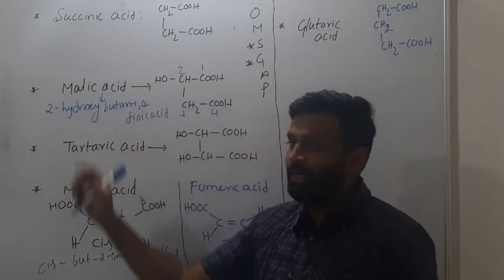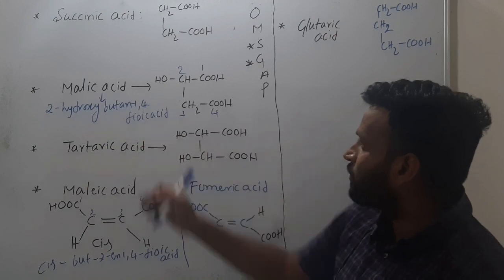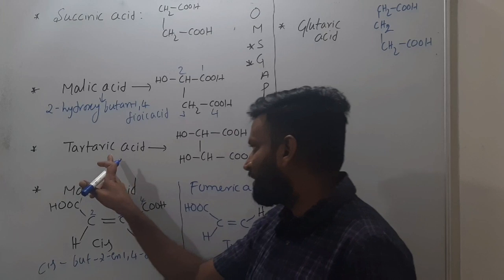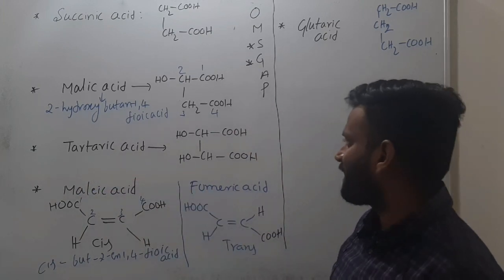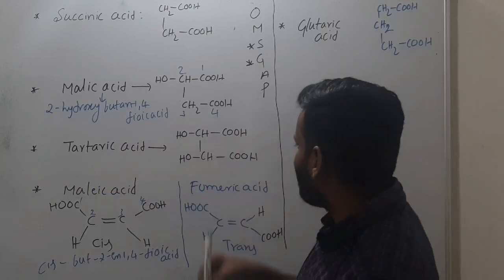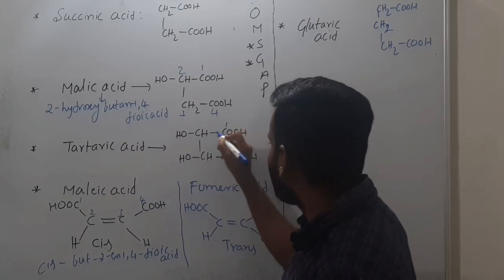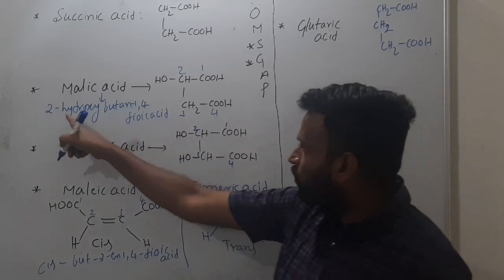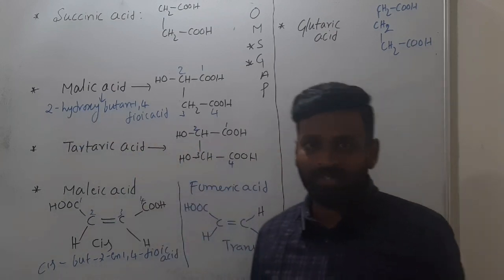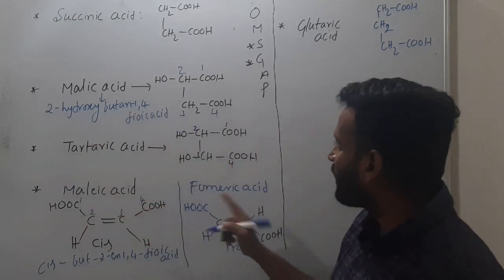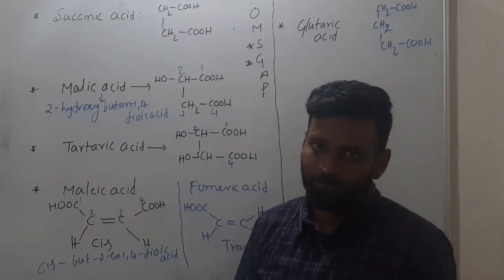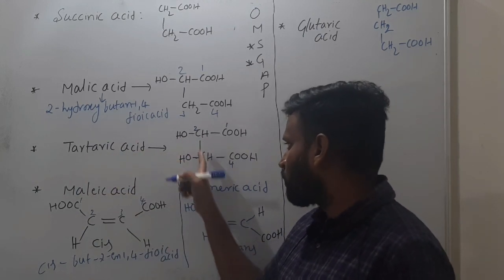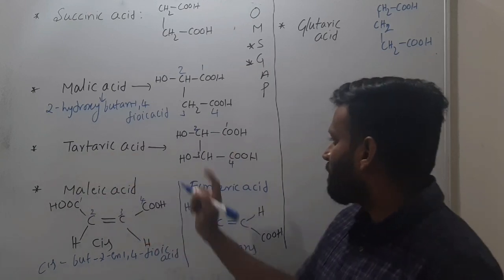So this OH will be hydroxy here. So 2-hydroxy butane 1,4 dioic acid. This is called malic acid, and here even tartaric acid, if they ask the IUPAC name, and we have no need to worry about that, same story, and 1 and 2 and 3 and 4. So 2-hydroxy here, 2, 3 dihydroxy you have right, remaining same, butane 1,4 dioic acid. What is that? 2, 3 dihydroxy, butane 1,4 dioic acid.